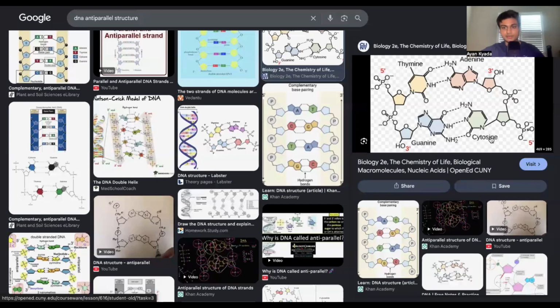Guanine always base pairs with cytosine and vice versa. You can see here that it forms 3 hydrogen bonds. And that's because cytosine has 2 hydrogen bond acceptors and 1 donor, and guanine has 1 hydrogen bond acceptor and 2 donors. So because it can form 3 hydrogen bonds, it is further stabilized in comparison to the adenine and thymine base pairs. So it takes more energy to split apart guanine and cytosine because it forms 3 hydrogen bonds